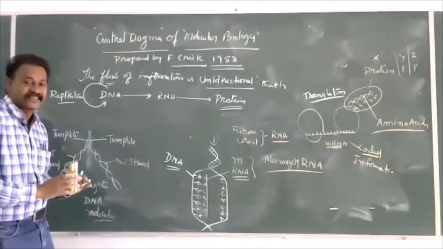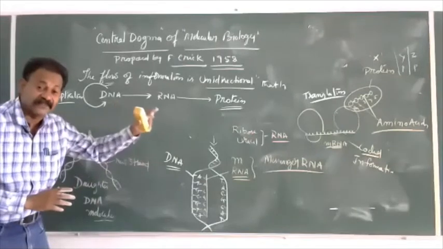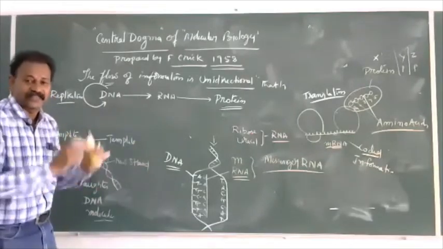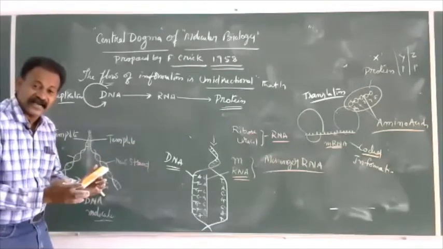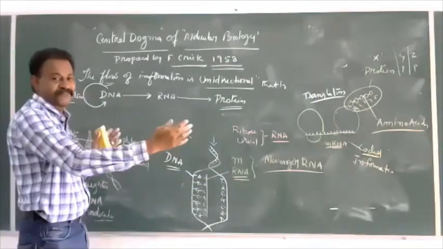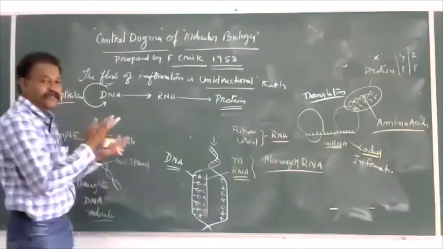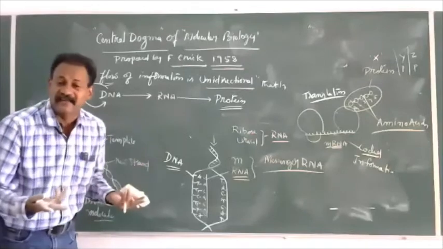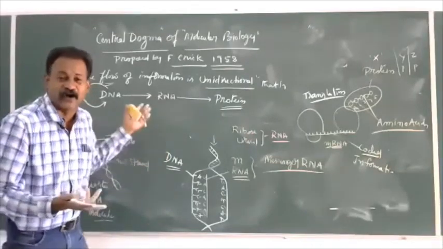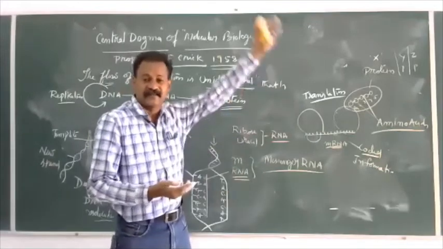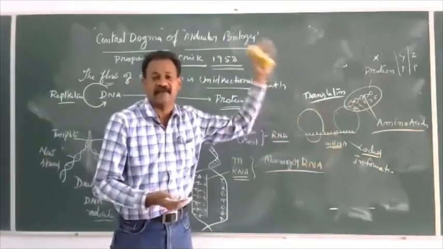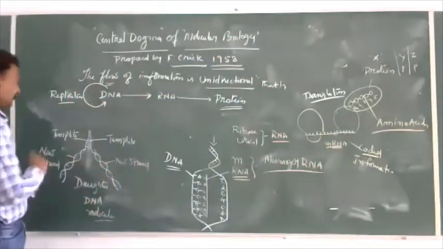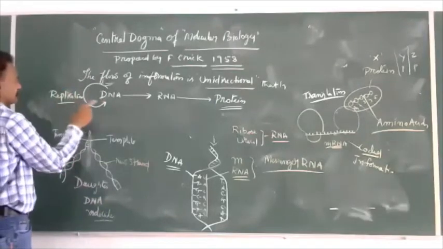Complementary base pairing was achieved by Watson and Crick because of the experimentation, the chemical analysis of Chargaff's rule: purines and pyrimidines in a DNA molecule are in equal amounts, equal proportions. How are they in equal proportions? Unless a purine is bonded with a pyrimidine, or a pyrimidine is bonded with a purine, they will not be in equal proportions. If two purines are bonded or two pyrimidines are bonded, they would not be in equal proportions. So there is no genetic material discovery, and no Mendelian inheritance of characteristic features. The first law of dominance, law of segregation of gametes, purity of gametes, independent assortment, all these things are not possible.